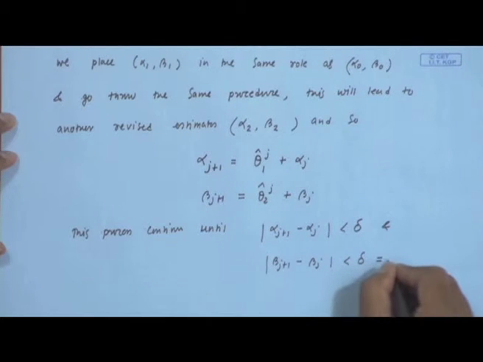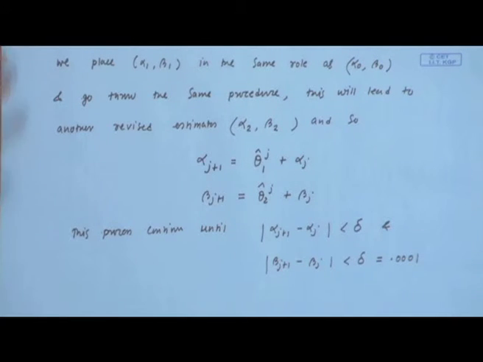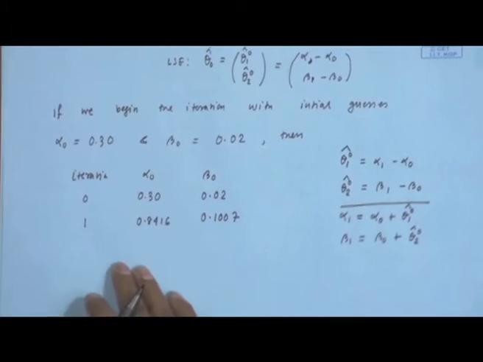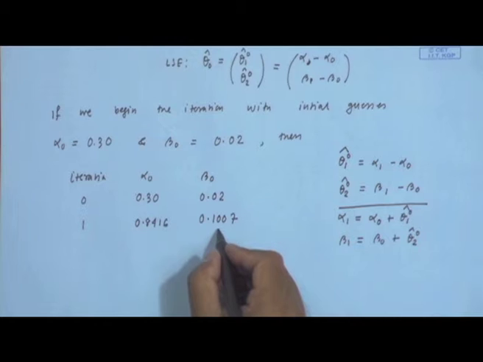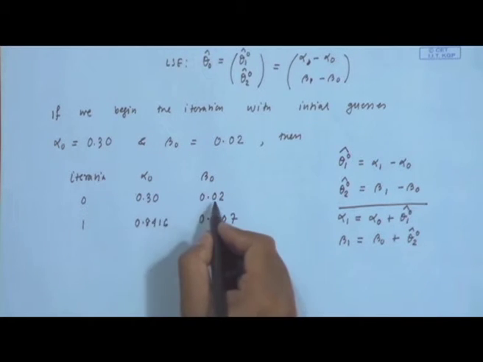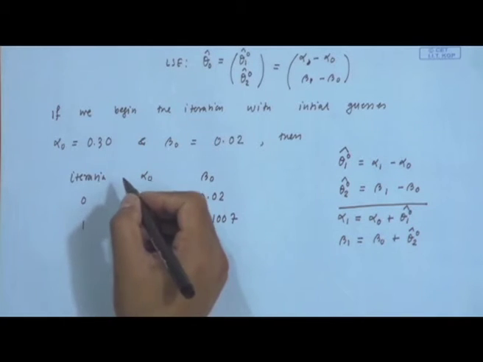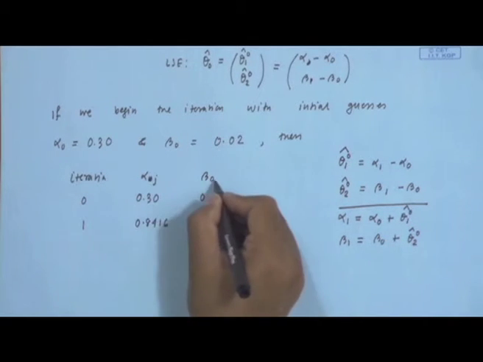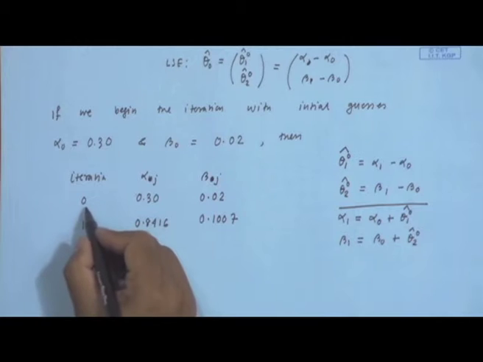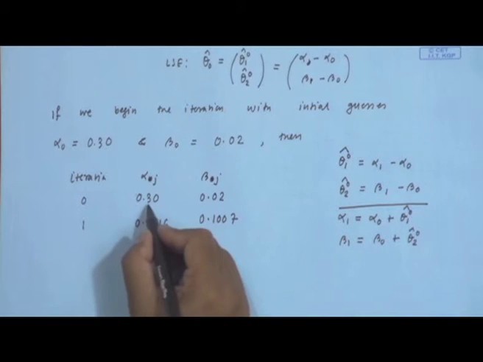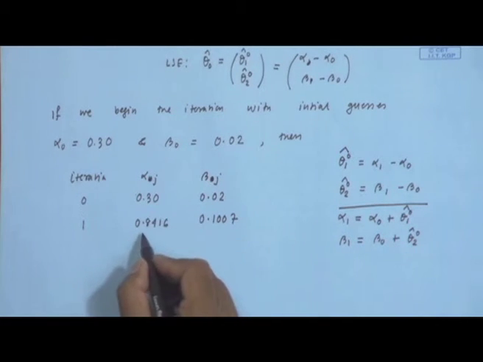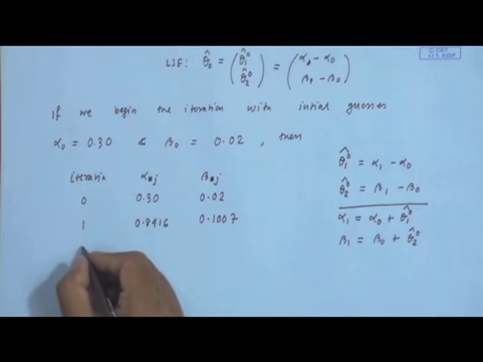So, delta is a pre-specified small number. In our case, at this moment we have alpha 1, beta 1 here, which was my alpha naught, beta naught. So, I should write here alpha j, beta j. So, in the 0th iteration this is alpha naught, beta naught, then alpha 1, beta 1, and in the next iteration